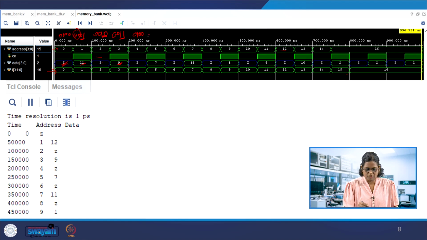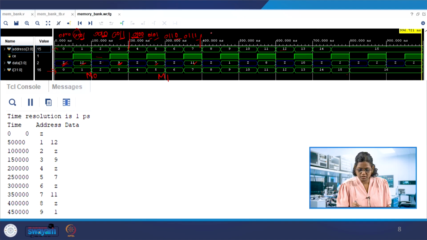Also, this is the second memory, so in all these cases the address goes into the second memory: 0 1 1 0, 0 1 1 1. Up to this is the second memory, M0 and then M1. Of the 4 locations in the second memory, only the 2nd and 4th are retrieved here, that is 7 and 11. In other instances, it is the high impedance state because the chip enable is 0.